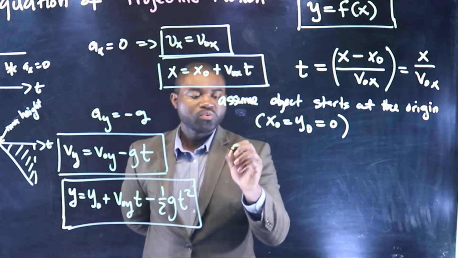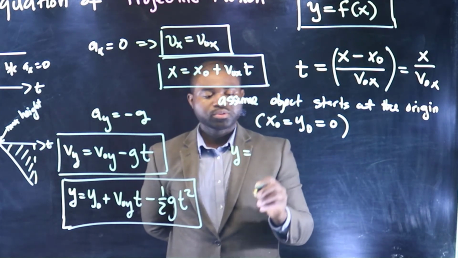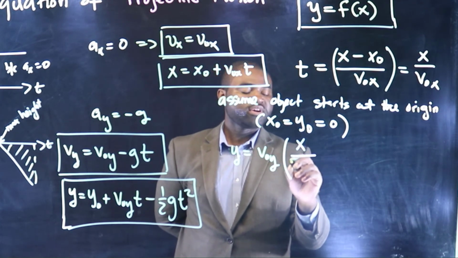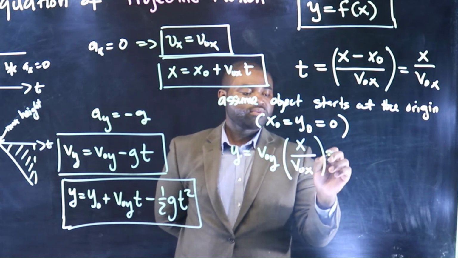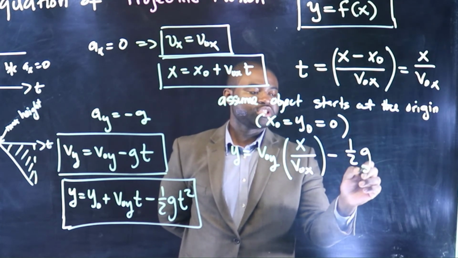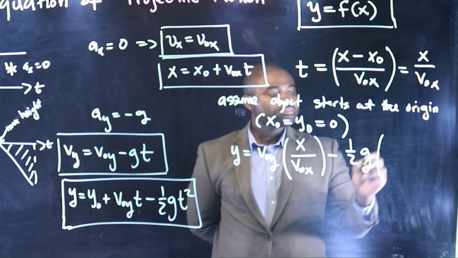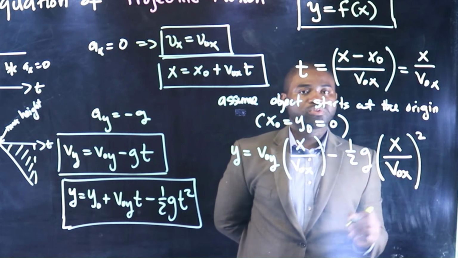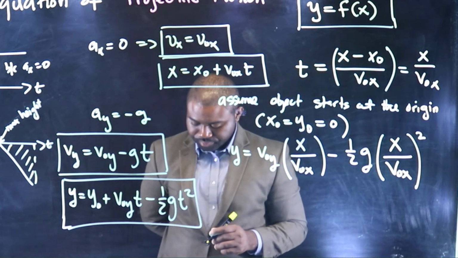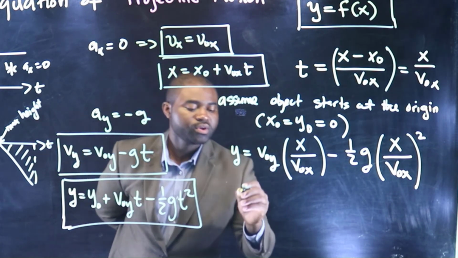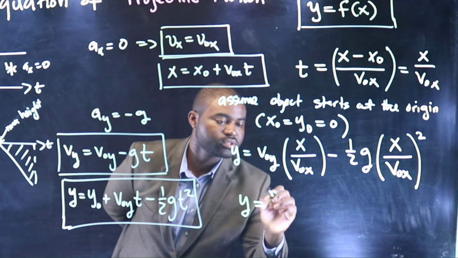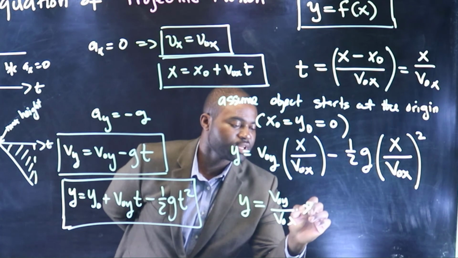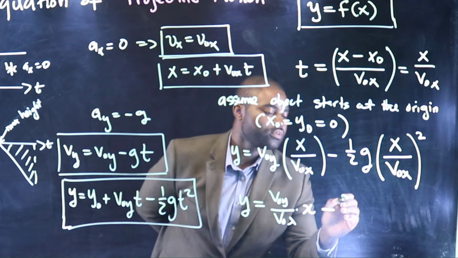So that means that y will become equal to voy times x divided by vox, minus 1/2 g times x divided by vox, all squared. So if we simplify, we will have y equal to voy divided by vox multiplied by x, minus g